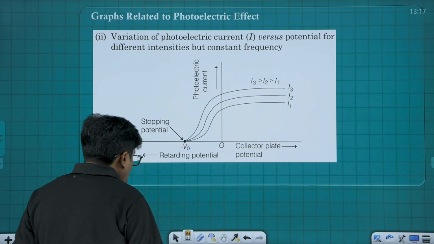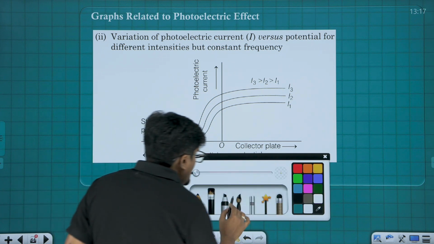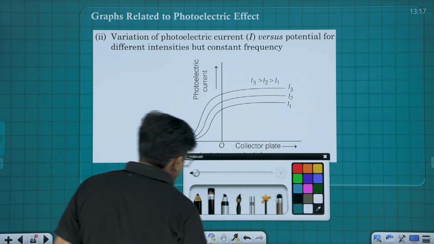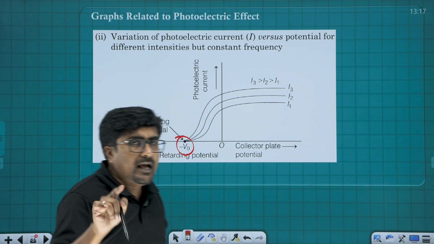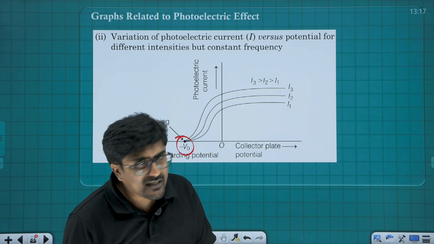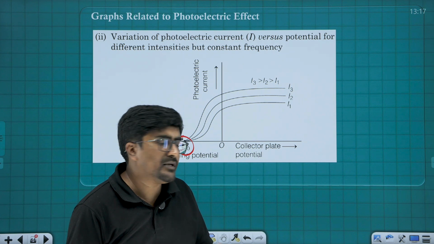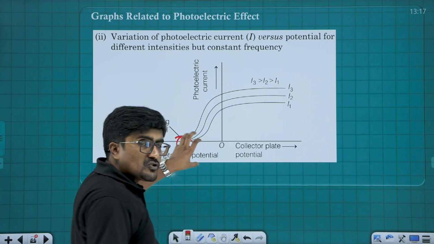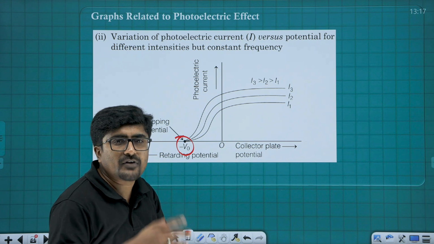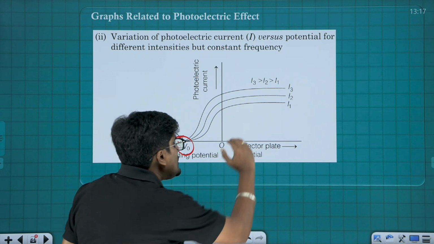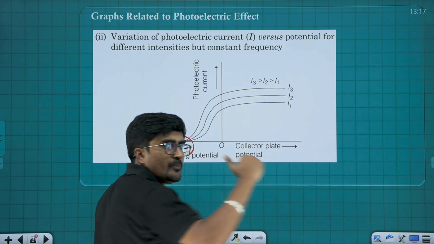Now frequency remains the same, so the stopping potential will be the same, because frequency has a direct relation with the energy. So energy remains the same while intensity is increasing. Stopping potential is going to be the same because frequency is not changing,